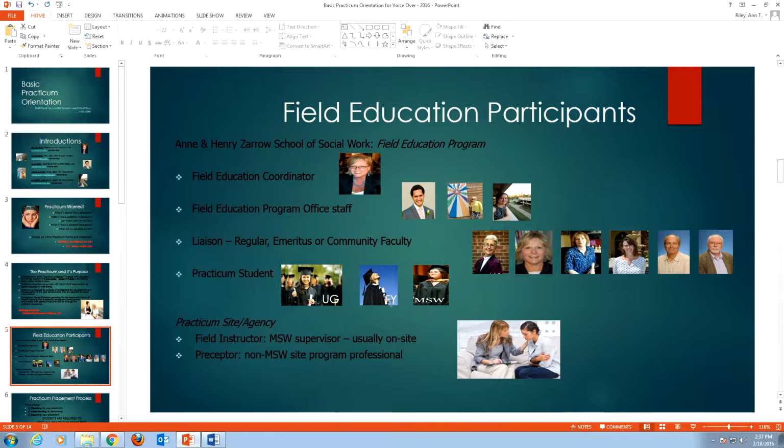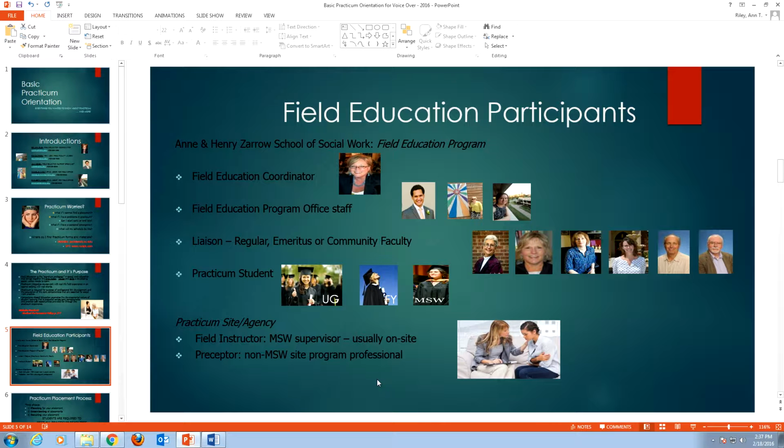Now the foundation year students, there are those in a part-time track and those in a full-time track. There may be another track soon as well. For the concentration year, we have the ACP group, that's administration and community practice, as well as the DP, or direct practice, group. So we currently have about 5 cohort groups of students, and we place them year-round throughout the year in a 2-month segment of time for each one. Okay, more than you need to know, right?